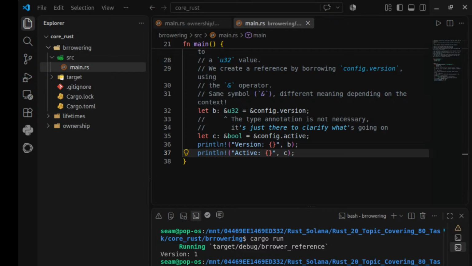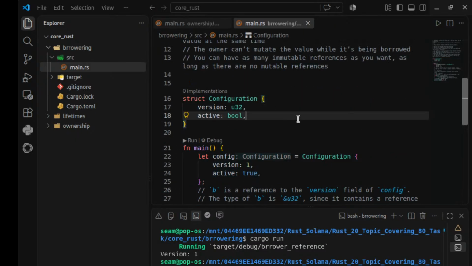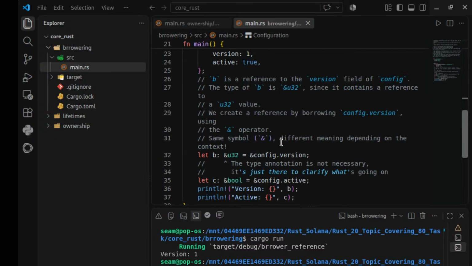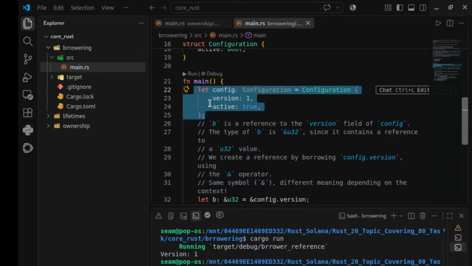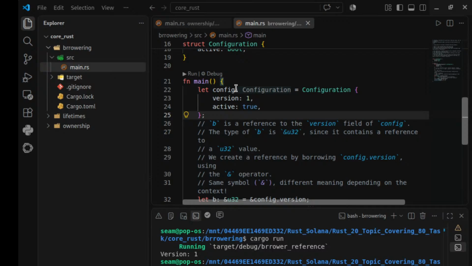Now if we, let's say mute, so this is the example they just gave to us, and you can see we just borrow config version and active from this